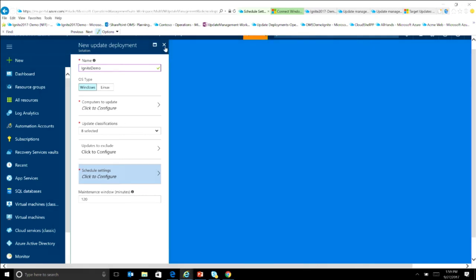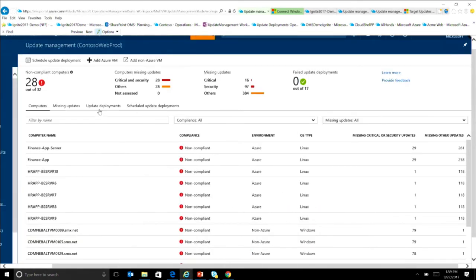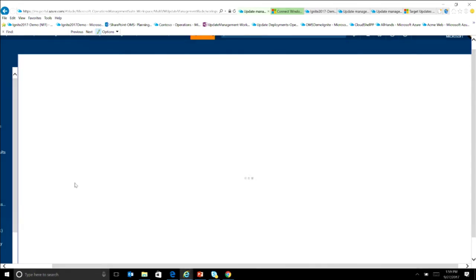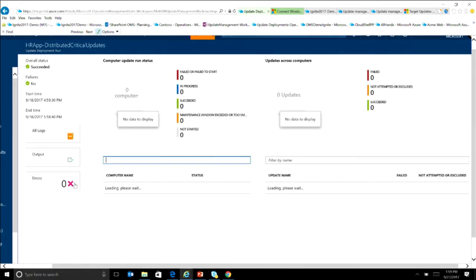I'm not going to create a deployment, but I'm going to show you how an existing deployment shows how the troubleshooting will happen. I'll click on my update deployments and pick a distributed application. I have my HR app, which is distributed. I've got 6 machines in it. I've got 4 of them in Azure, 2 of them in